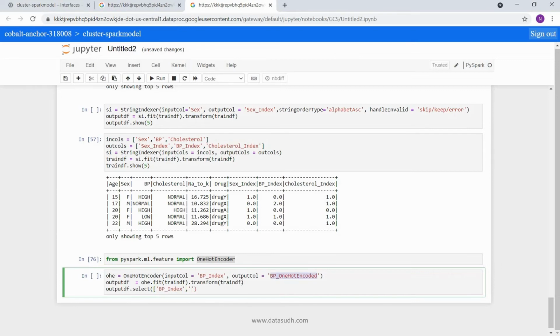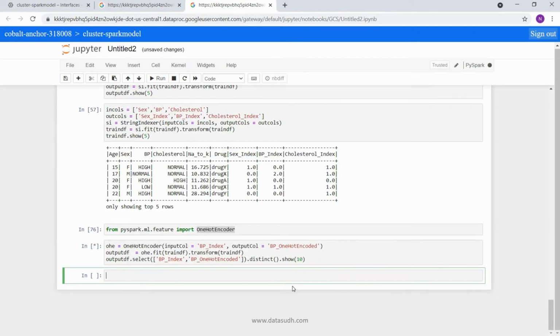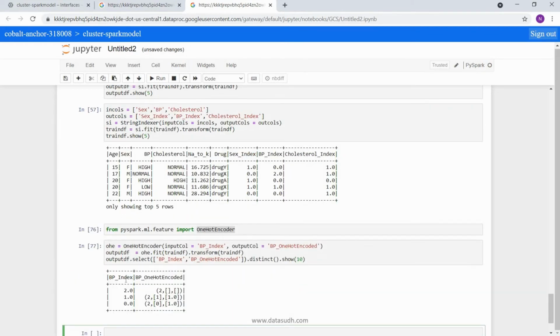And we can add distinct to avoid repeated values, and do a show. So now these index values are converted to one hot encoded values. So one hot encoded has converted this index into a binary sparse vector. The point to note here is that in this mapping from index to the sparse